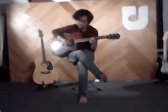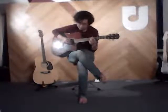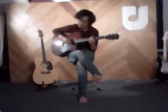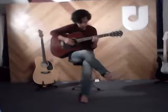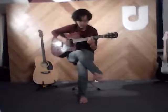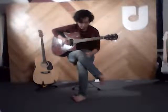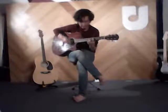So, or you can just end it with just that. You don't have to play anything. Or you can also come back to the seventh fret of the fifth string, right? So we can do that. There are different ways that you can do it. The simplest would be just to end it on the third and the fourth string on the fifth fret, right? So if you play everything together, it's